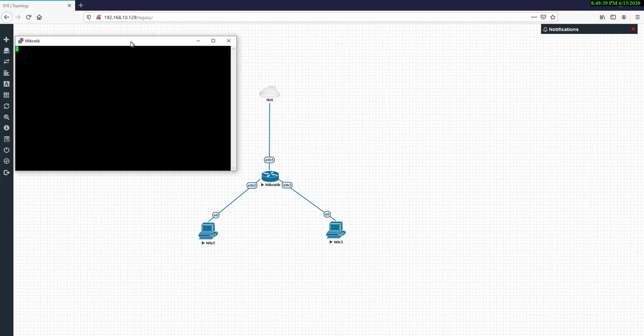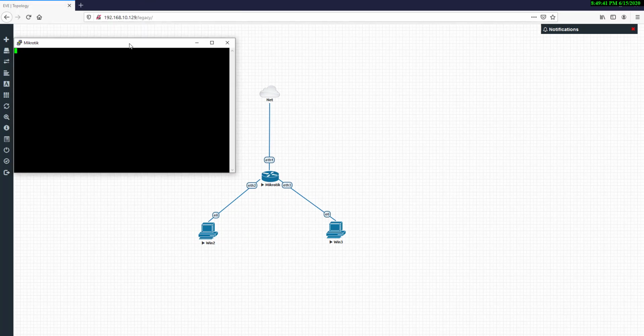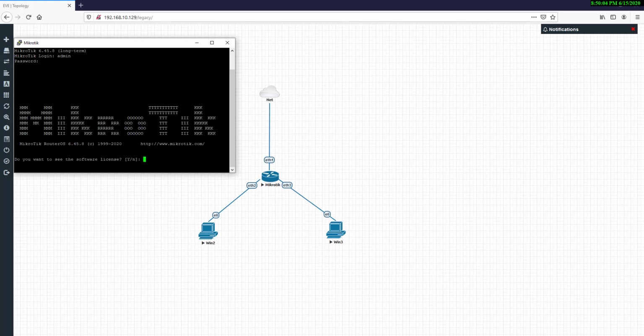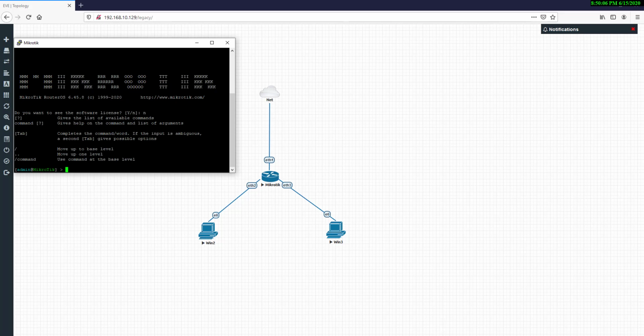If you have installed PuTTY, you can also open it in your PuTTY. It is rebooting right now, so I'm not able to connect. It will take a moment. Yes, now it is connected. Admin is the login name, and this is a new MikroTik, so we don't have any password. I just click enter, and yes, now our MikroTik is opening.